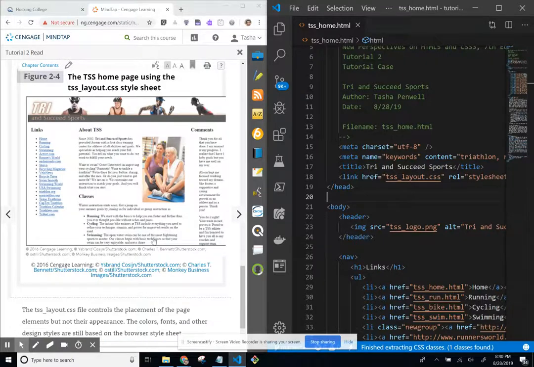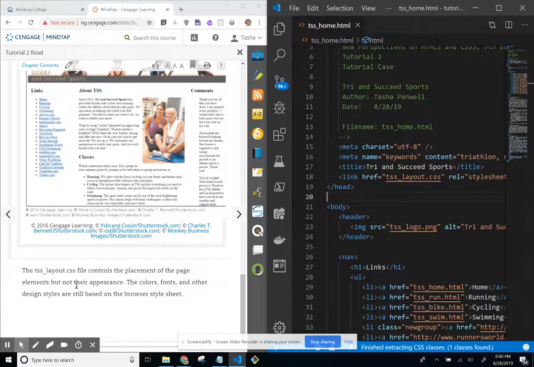Okay. So the TSS_layout CSS file controls the placement of the page elements, but not their appearance. So the colors, fonts, and other design styles are still based on the browser style sheet. So you can have, like this one specifically says layout,